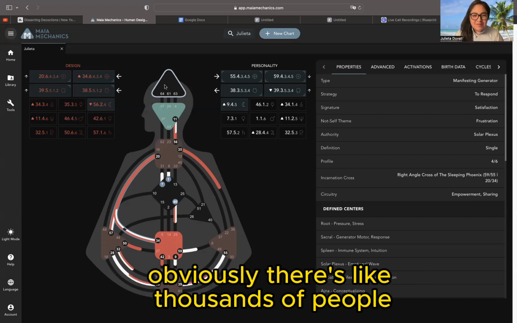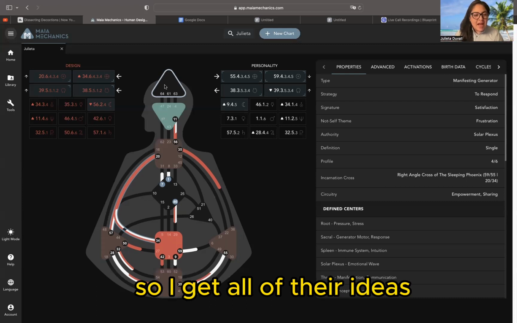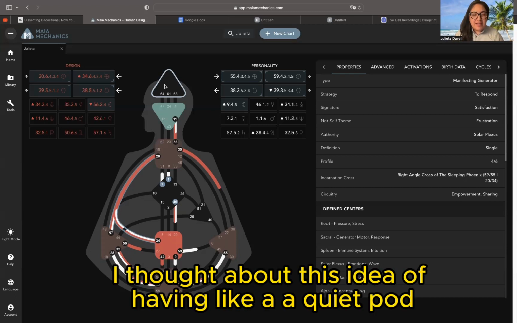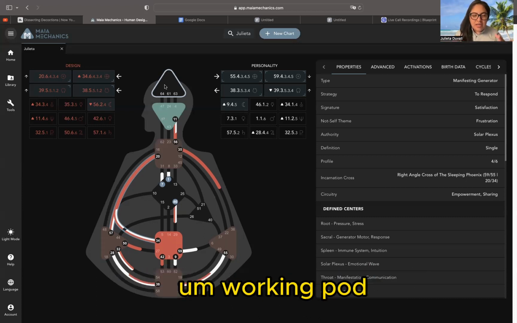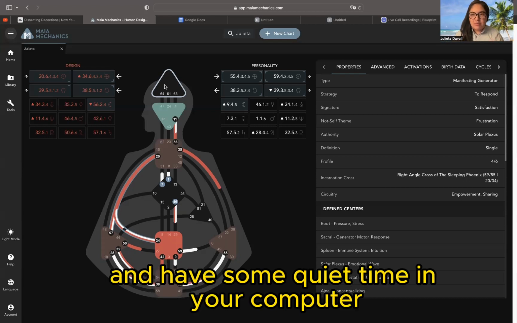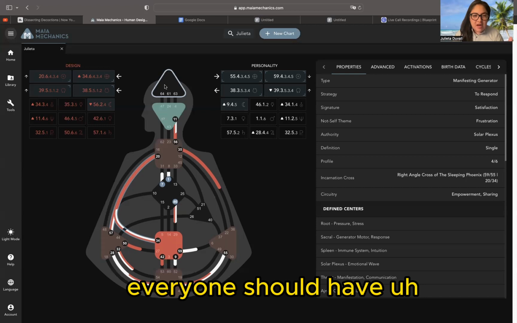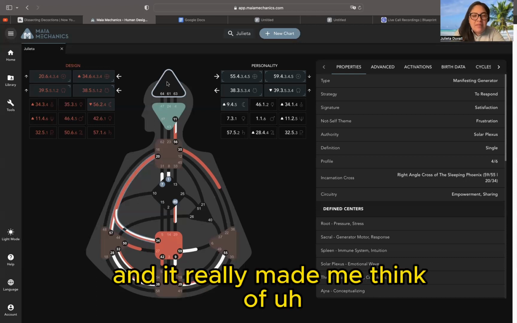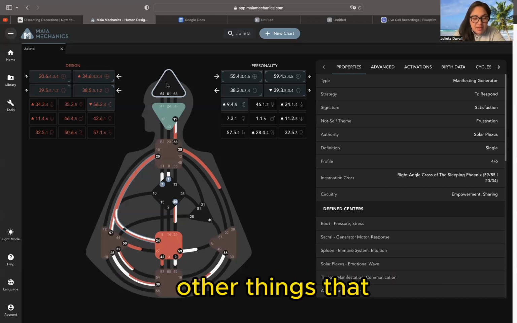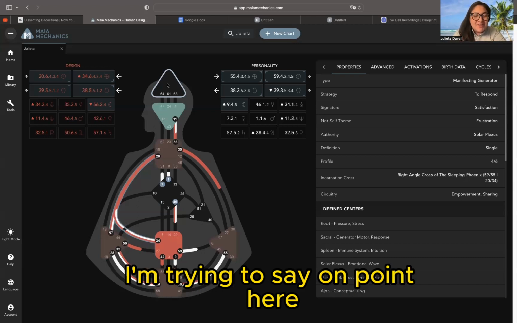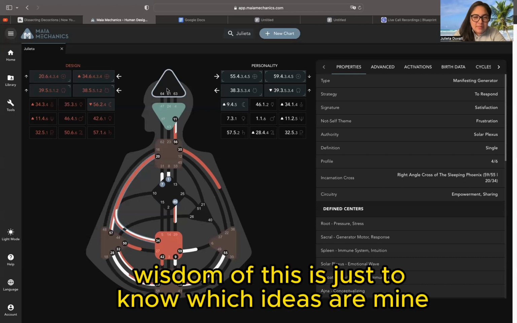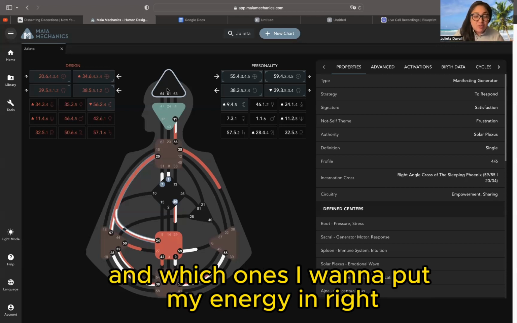Like when I'm at the airport, there are thousands of people, so I get all of their ideas. The last time I was at the airport, I thought about this idea of having a quiet pod. They have those working pods for you to go in and have some quiet time on your computer, but everyone should have a being-away-from-people type of pod. It made me think of other things though, but I'm trying to make a point here. So this is my open head, and some of the wisdom of this is just to know which ideas are mine